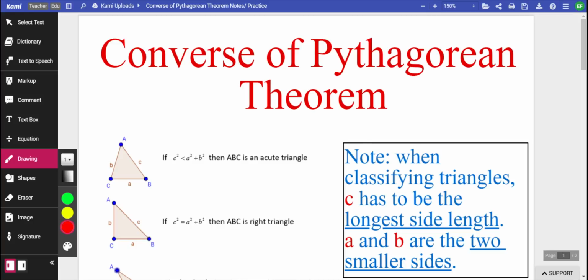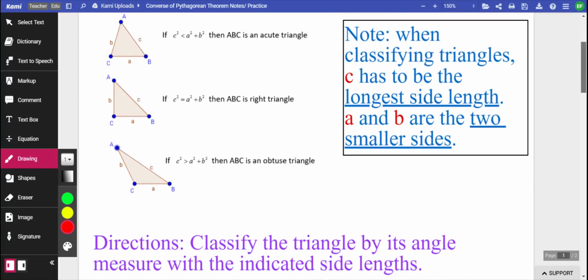Hello everyone, today we're going to talk about the converse of the Pythagorean theorem. So we all know our Pythagorean theorem, that a squared plus b squared is equal to c squared. And we know that the Pythagorean theorem only works on right triangles. So now we're going to use the converse of the Pythagorean theorem to be able to classify triangles as either